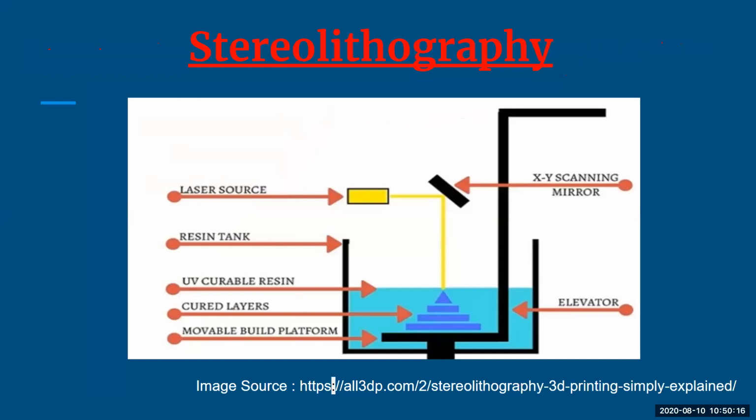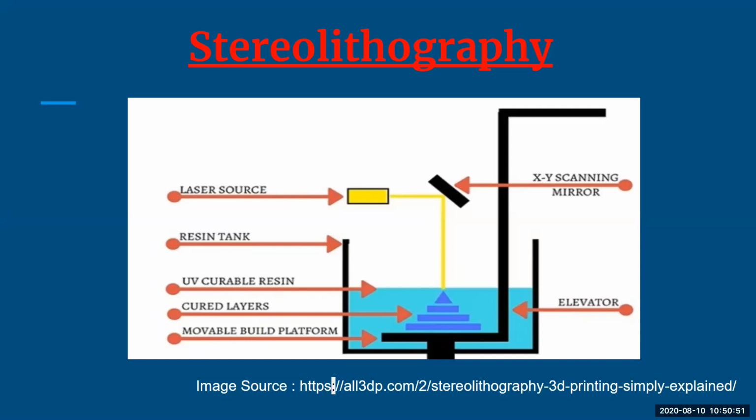Next is stereolithography. Stereolithography is another method which helps you build your 3D models. It uses an apparatus called a stereolithograph. Always remember, this apparatus converts your liquid plastic into solid objects. So the material used is liquid plastic, and using that liquid plastic you make solid objects. Stereolithography uses a UV laser, that is, ultraviolet rays. It traces every pattern of the layer, and accordingly it develops the model.